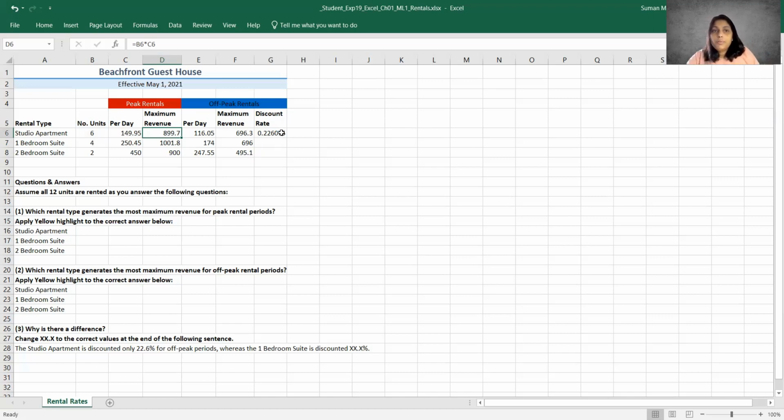I'm going to do that over here as well. It knows that here is E6 divided by C6. So here, when I automatically fill that, that will be E7 divided by C7 and E8 divided by C8. And that's what I want. So I can do that automatic fill of that formula. Same thing, hover over, left click, drag it down.